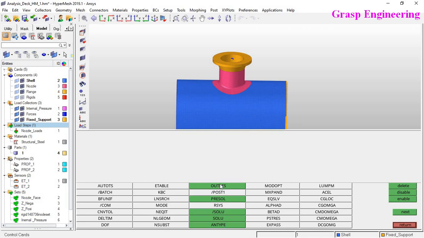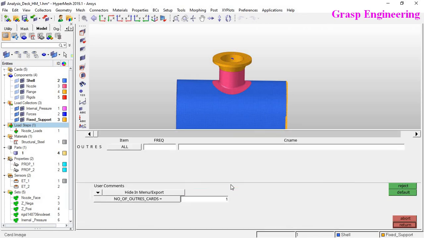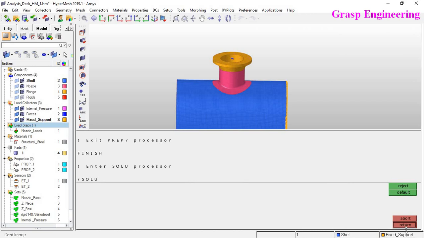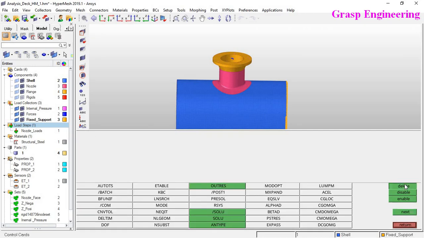This is just to create the different control cards. Suppose you want to delete a control card, just select that and disable. You can disable or you can delete, from here. These are the enable or disable tabs. I think what we will need, let's proceed as it is, and if we get some error, then we will come back to this and solve it.